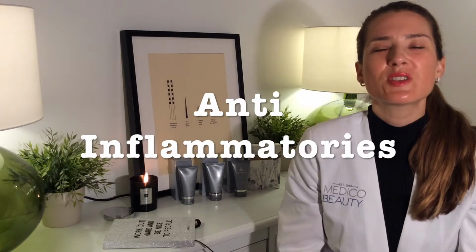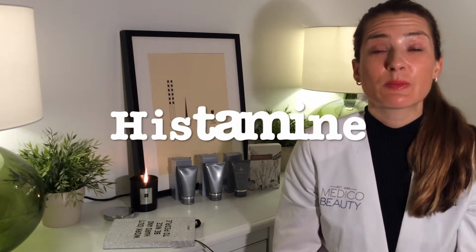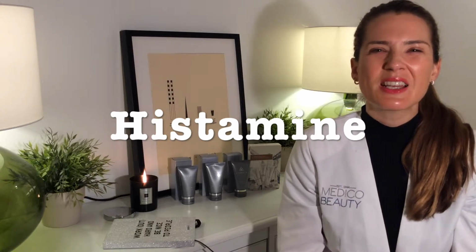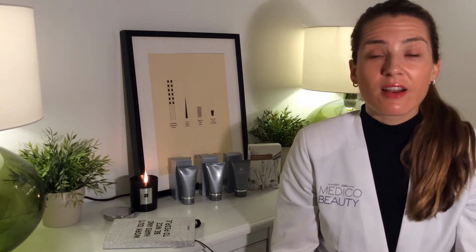So anti-inflammatories are working more with the skin's immune system and helping to reduce the amount of histamine that's being produced, and that's really what causes all the redness. Histamine is a chemical that happens sometimes if you were to brush your hand against a nettle, for example, you'd find that your skin goes red, and that's actually histamine being produced. So you already know that ingredients like aloe vera are very anti-inflammatory, chamomile are very anti-inflammatory, and when we look